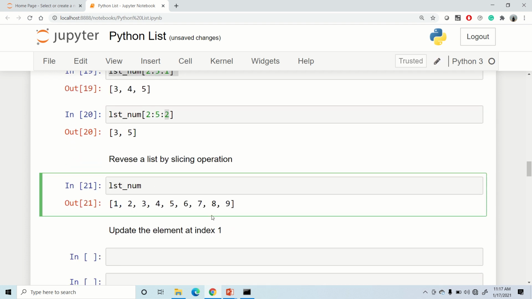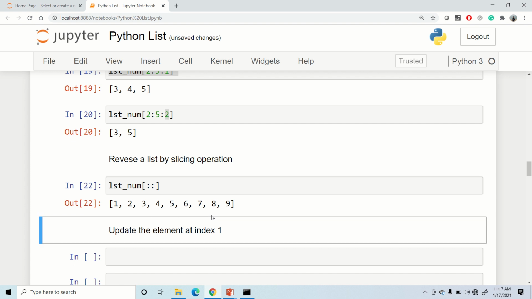Let's say I want to reverse this list by making use of the slicing operation. I don't want to use any other method, but some customized written function. So I can reverse it by slicing operation. What I can say is, give me the elements from the start, and I am not mentioning anything here, so by default it would be 0. Go till the end, I am not mentioning anything here, so by default it will go till the end, and the result would be the same as whatever is there on the screen.